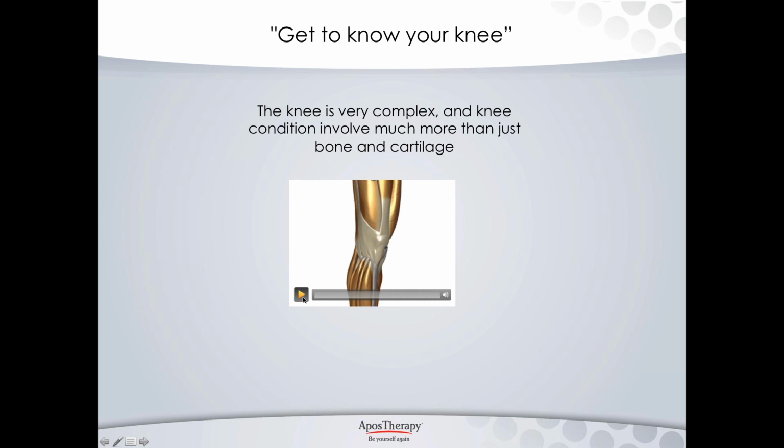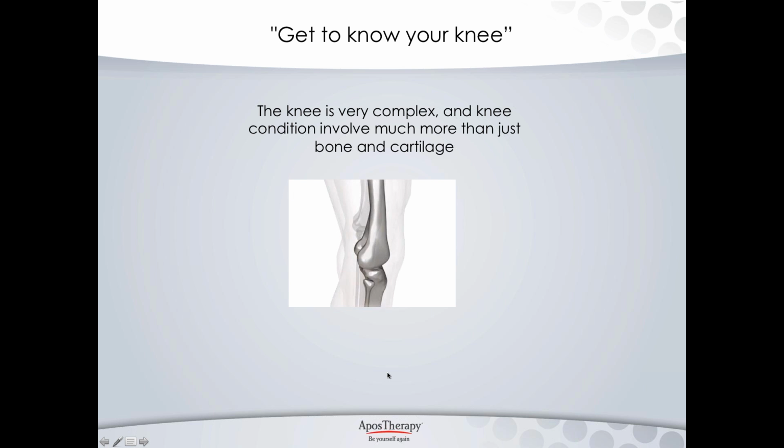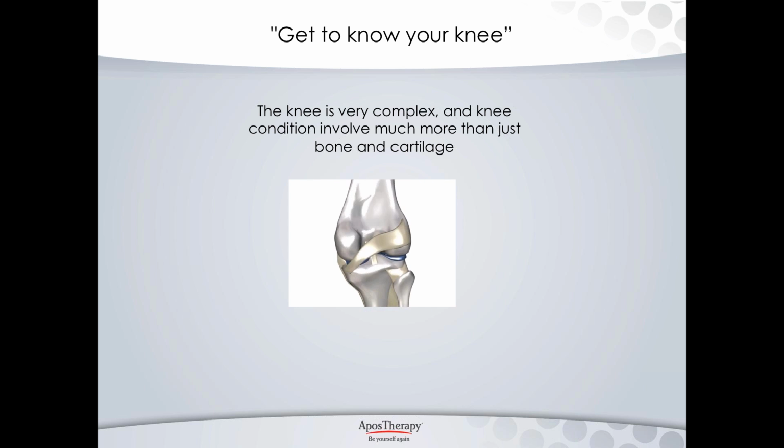Okay, so the knee is a very complex joint. We'll just play you a little animation here. It involves much more than just the bone and cartilage. As you can see from the animation, the long thigh bone meets the shin bone, and in between you have what we call the cartilage or meniscus that sits in the middle, often called the shock absorber of the knee. Then you have the ligaments and the capsules that wrap around the knee, providing it with some stability, and often gives your knee a bit of feedback and tells the brain what's happening around the knee joint.